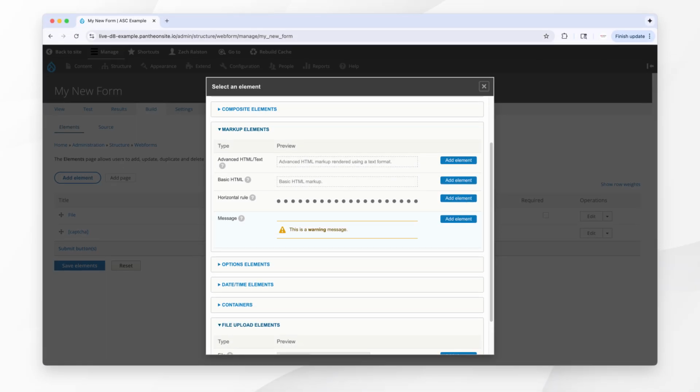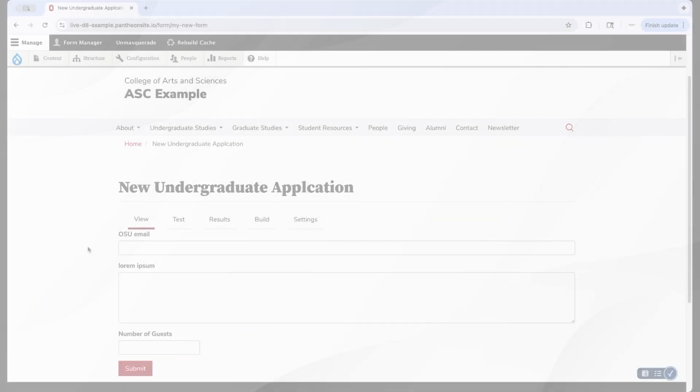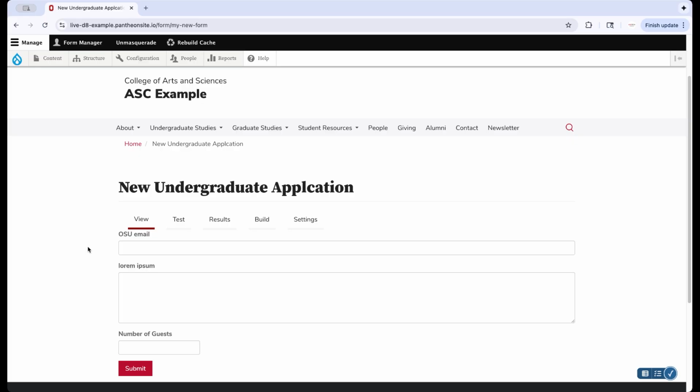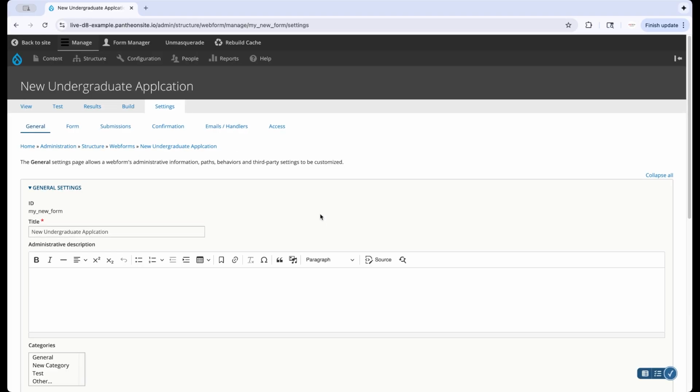In the last video, we learned about the markup elements. And in this video, we'll cover how form settings work. As we'll notice, there are a lot of different options under the Settings tab. However, like with form elements, most of them are very niche. There's one useful option in each of these settings though, so we'll be going over those specifically. For the others, we won't likely need to make any changes to them, so we won't be going over them